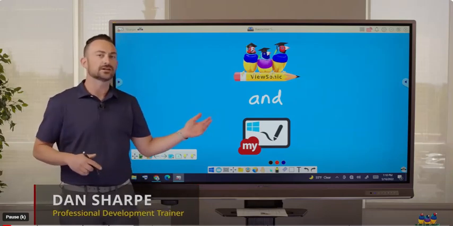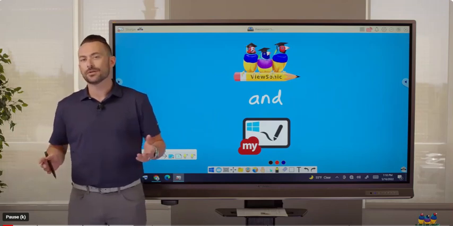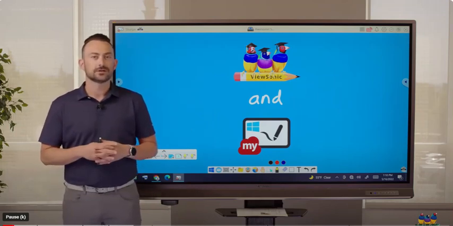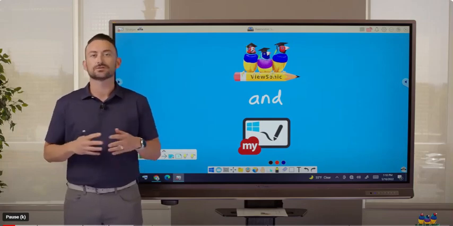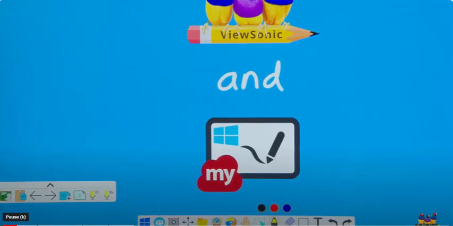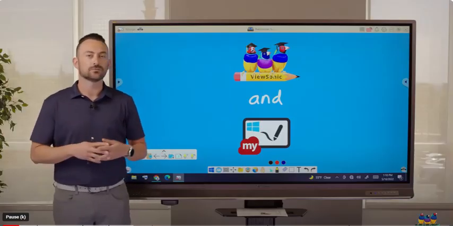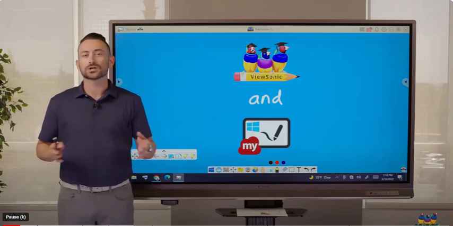We obviously make touch interactive displays, which is great. But is there more than just using your hand as the mouse? A lot of times, things like this get used as projectors. So that's where our MyViewBoard whiteboard software comes in. This is our interactive whiteboarding tool, and what's so great about it is that it works with everything that you